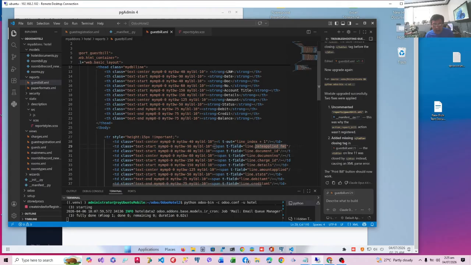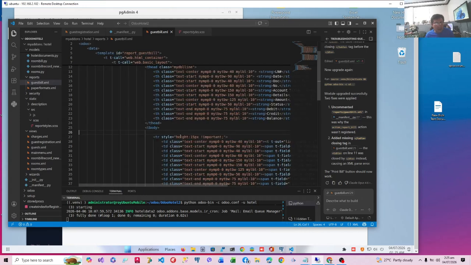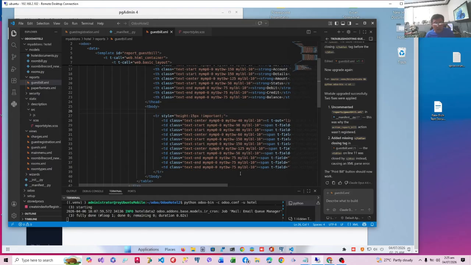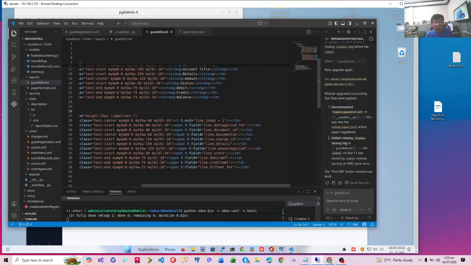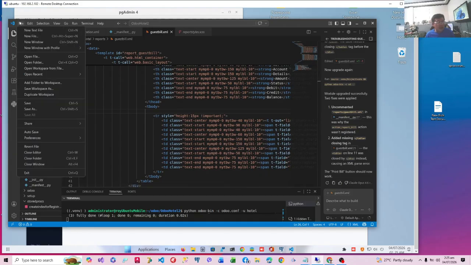Remember, this is the name of our field, but this time we are saying line dot, because that's how it will be called in a table. All of them are t-fields, and they will be using the format that is indicated in the model. So anyway, let's run this and test.